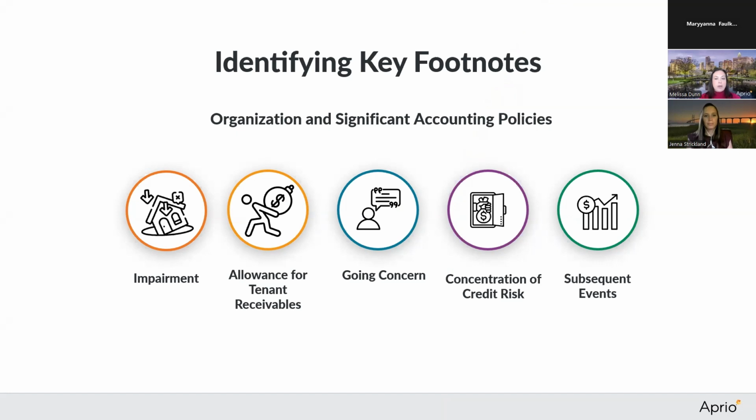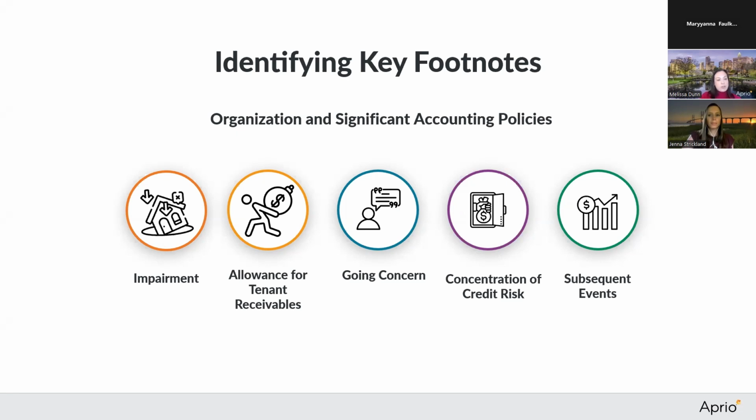The notes are kind of the behind the scenes details that help you understand what's really going on in the numbers. Also, it can show things that aren't reflected in the numbers, which are really important, any risks that the property has. So if the financial statements are the what, the notes are the why and how. They explain the property's finances, who's involved, what the funding looks like, and then any rules or risks the property is working under. So they can explain what accounting rules were followed, how any specific numbers were calculated, and then any unique agreements or risks related to the project.